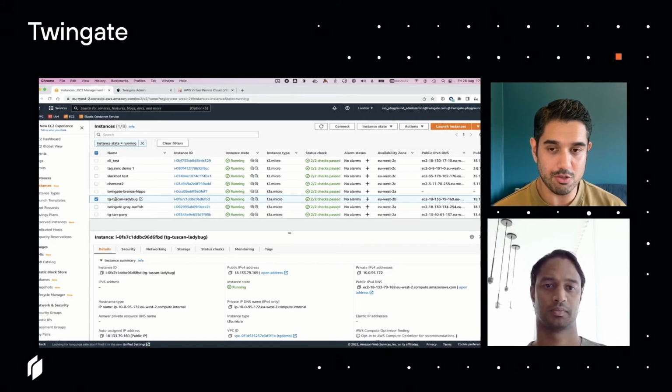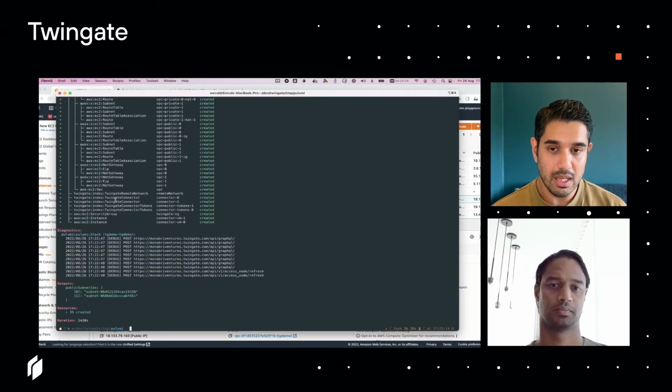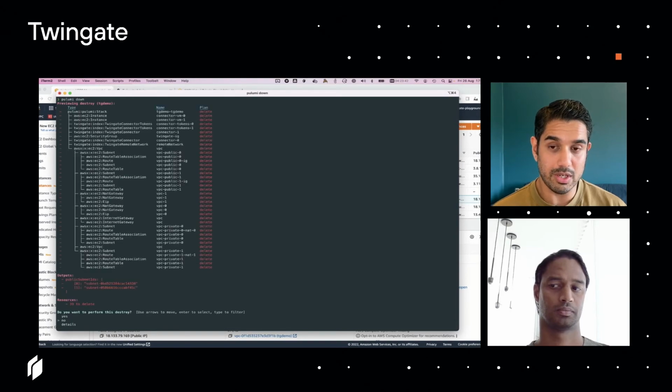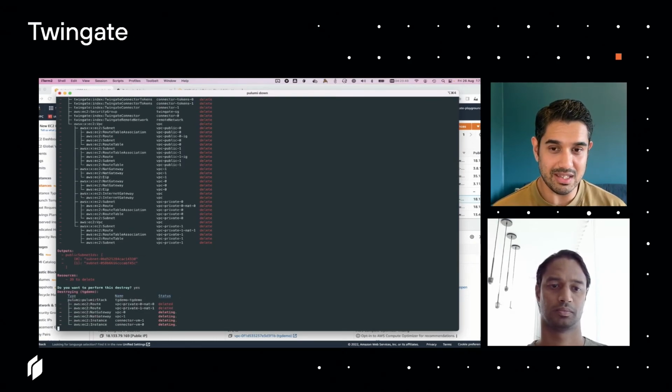But because I just ran a script, I could bring it up instantly, and I can run this in other regions. But the really cool thing is I can also just do Pulumi down and just take the whole infrastructure down again. So it will tell me that it's going to delete everything that I just created. And if you have had to delete things in AWS before, it's very difficult. Things can be left hanging that you don't even know about. This way of doing it will make sure everything that was created when I ran Pulumi up will be reversed, and the infrastructure will end up looking like it was before I ran the script at all, which is great